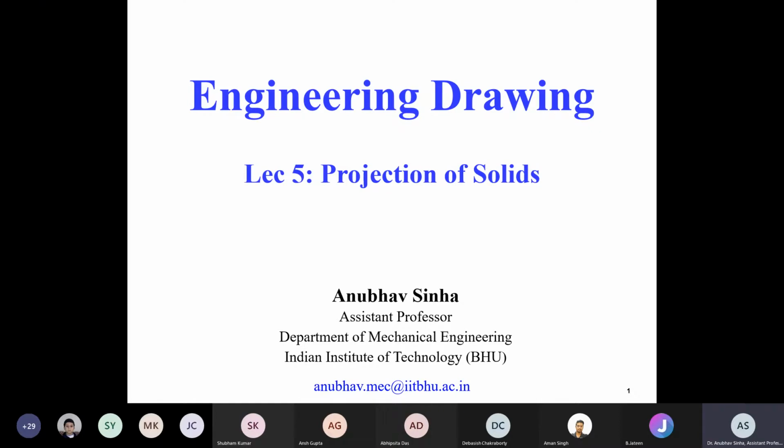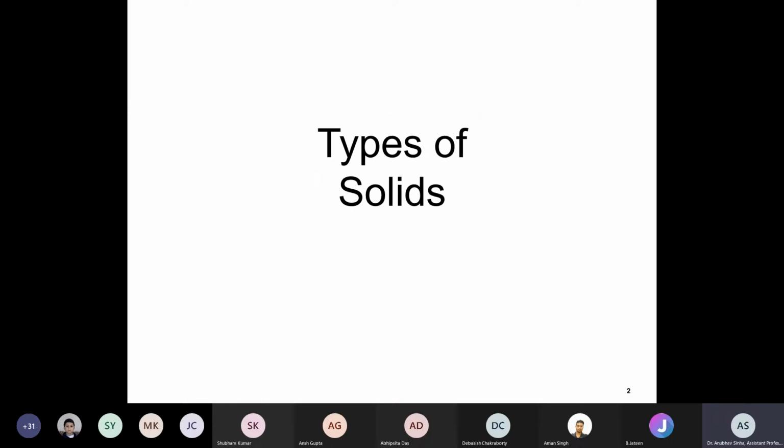Till now, what we have covered is basically the background to cover solids. If you are clear with how to project lines or planes in different quadrants, then solids will not be a problem. You should logically follow the same process. Okay. So we'll talk about different types of solids and how to draw them. Let us begin with types of solids.